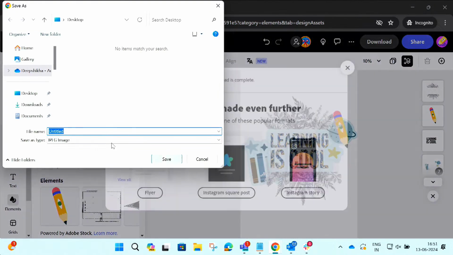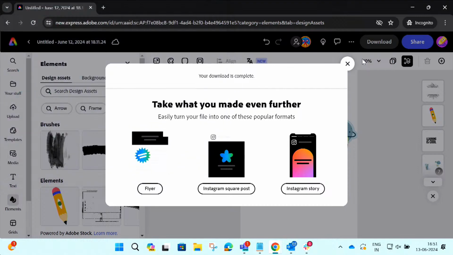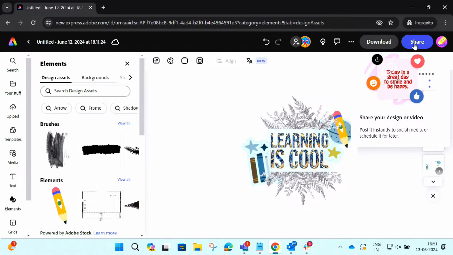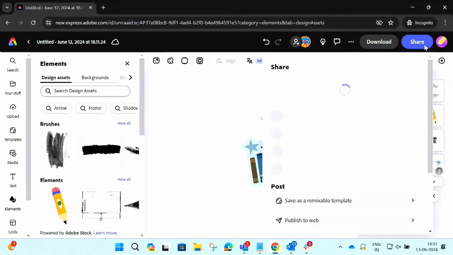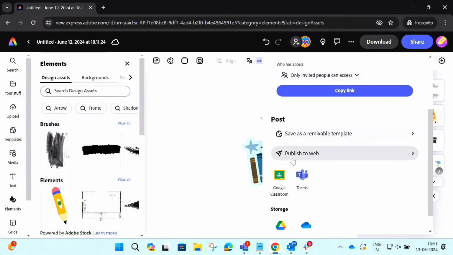And the second one is, you can see here that it asked me to add a file name to it and save as a type. Coming to the second question, publish to web. So we come here, this is our creation. There are 2 buttons over here. On the right hand side, there is a share button. When you click on share, we had learned today about the collaboration, but in our previous session, we had also learned to publish to web.